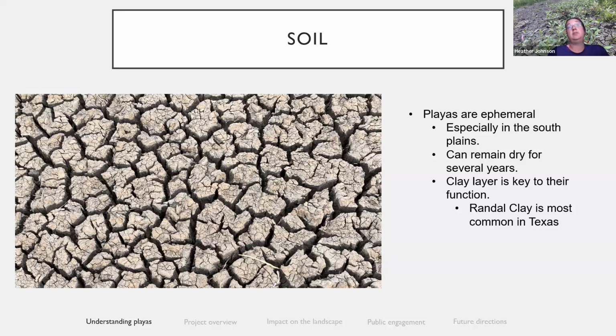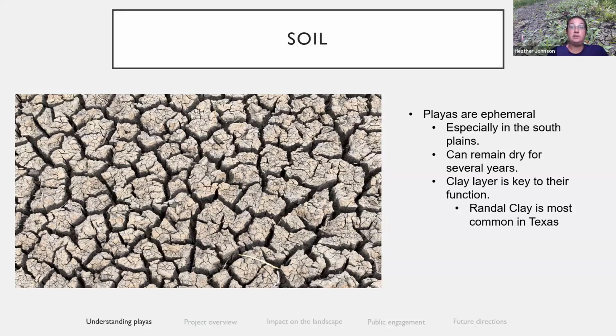However, they do have those hydric soils, and when they do get wet, we get those moist soil plants and they'll hold water. But sometimes that holding water can be very short, especially if we've been in a long drought. It can only be wet for maybe a few days, upwards to several months. It just depends how much moisture we've gotten in this region over a period of time.